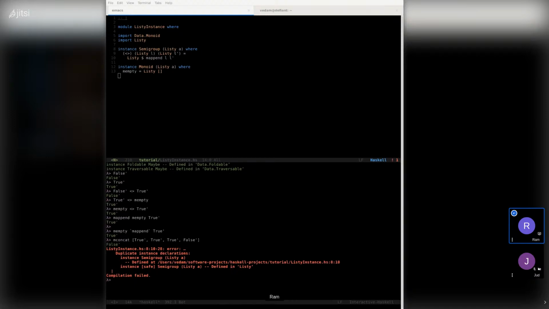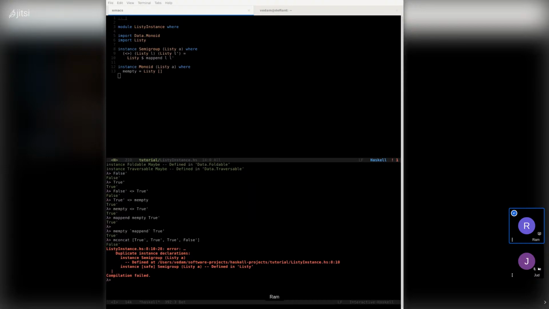That is the safe is defined in listy, and the other one is defined in listy instances. Okay. The way you can address this is you need to first ask yourself different questions. Did you define the type but not the type class? Then if you define the type and not the type class, go ahead and put the instances that you're defining all within the type. So that way all the type class instances for the given type are kind of in one place.